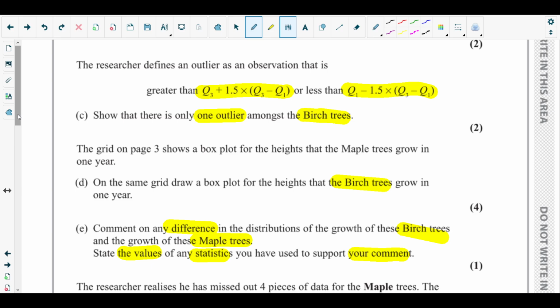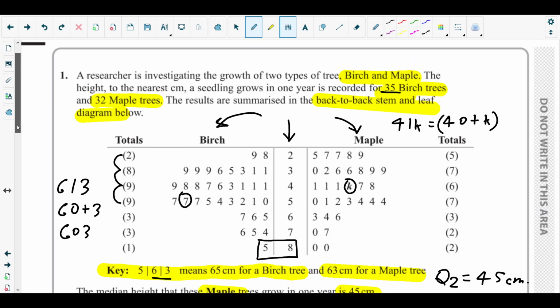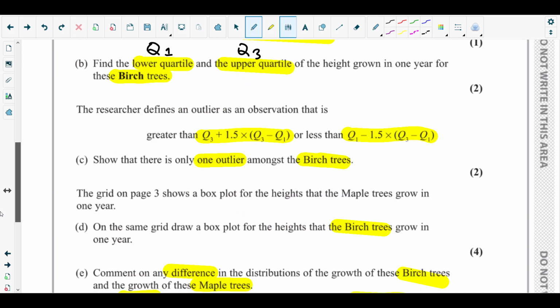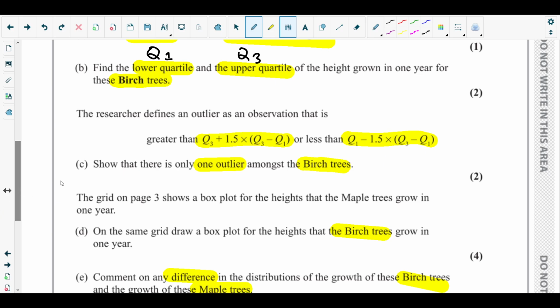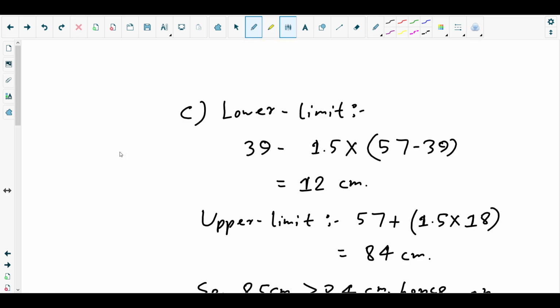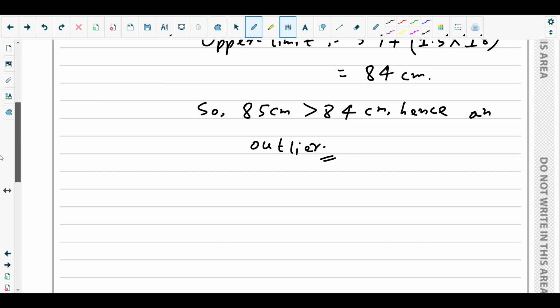Sorry, birch trees, it's what? 48 centimeter, which is greater than the median of the what? Maple trees. That's what we can comment here, right? So what we can write here for part E is that,